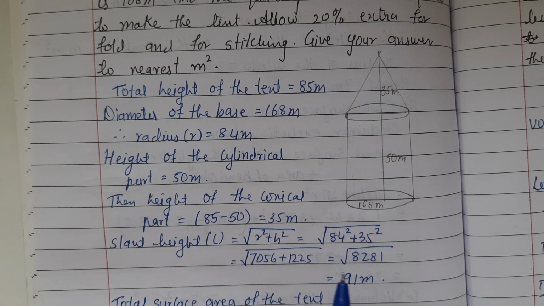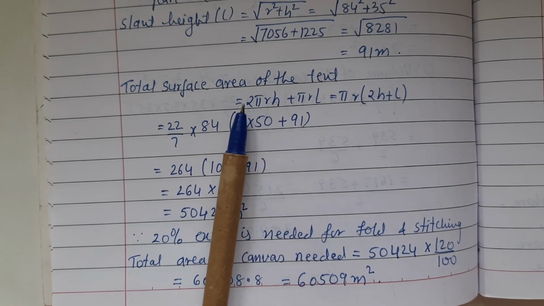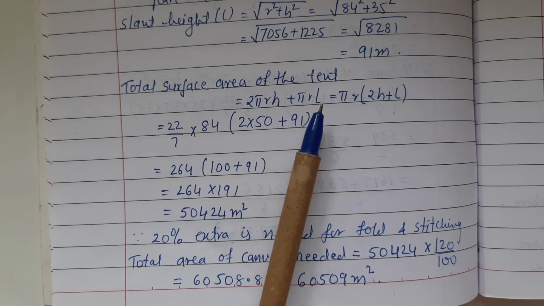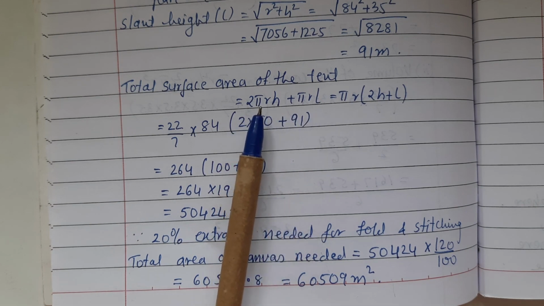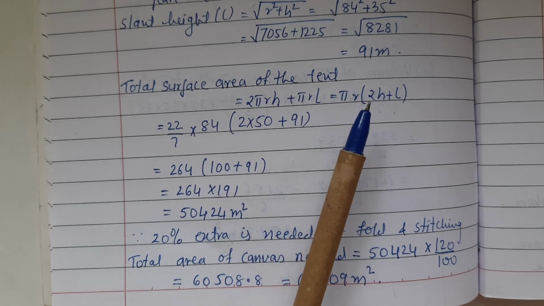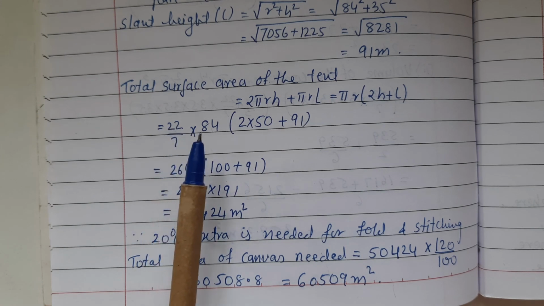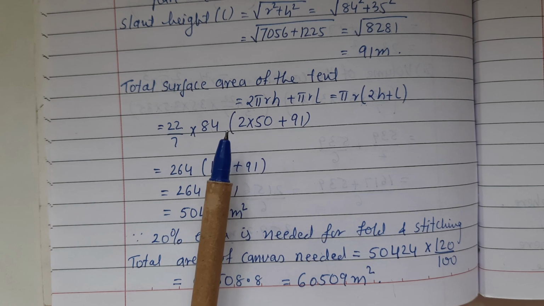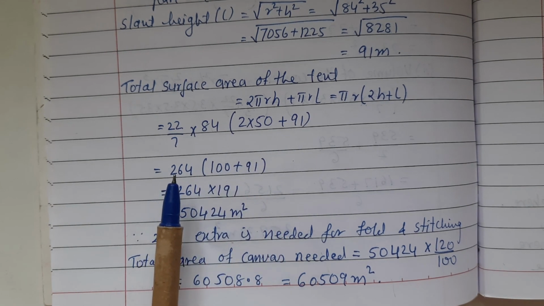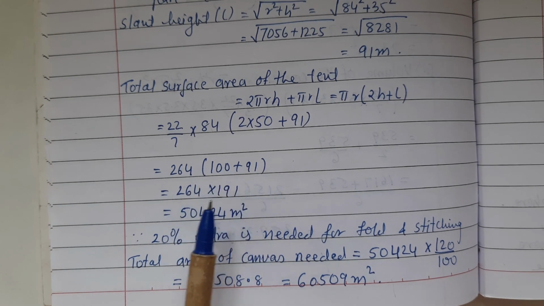Slant height L equal to 91 meter. Total surface area of tent is curved surface area of the cylinder plus curved surface area of the cone. It equal to 2 pi r h plus pi r l. Pi r is common into 2h plus l equal to, substitute the value, 22 upon 7 into 84 into 2 into 50 plus 91 equal to 264 into 100 plus 91. 264 into 191 is equal to